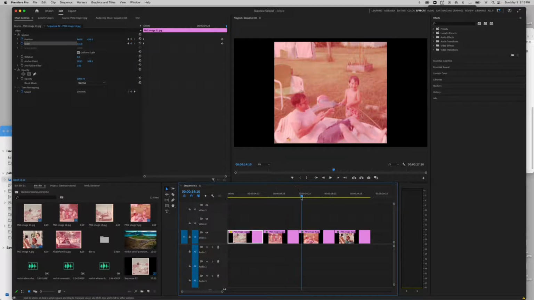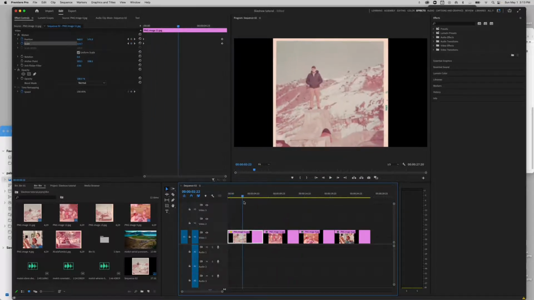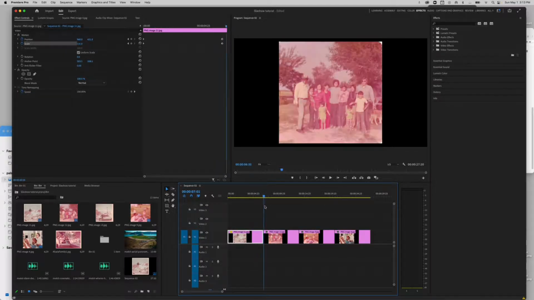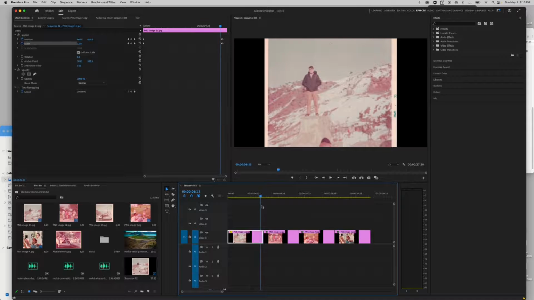All right. So you don't want to have the exact same effect on each one because it'll start to be a little boring. And the whole reason of doing this is to add some interest to it. If you start anticipating that the picture is going to move exactly the same way, it's not as interesting. So for the next one,